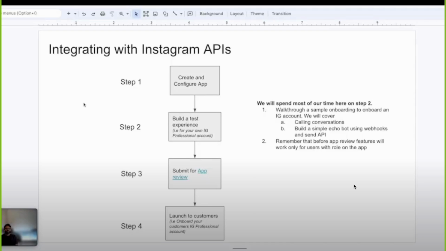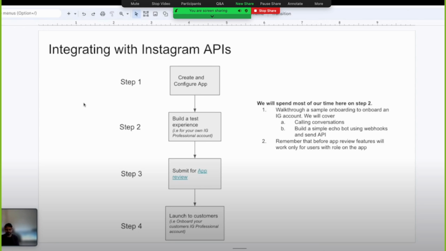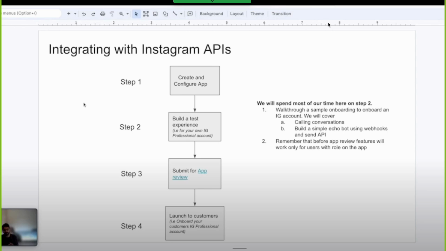Thanks, Tanvi. So now we'll actually dive deeper and build an end-to-end integration with the Instagram APIs from scratch. Whatever we discuss here is applicable to messaging as well as non-messaging APIs, but for the purposes of this demo, we'll be focusing on the messaging APIs. For a developer starting out from scratch, there are broadly 4 steps.